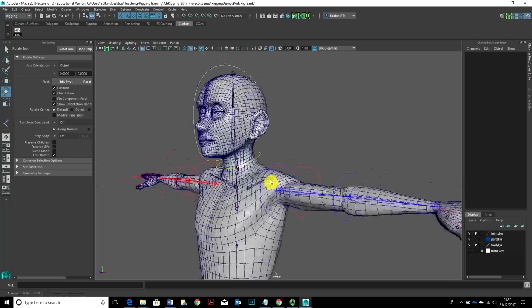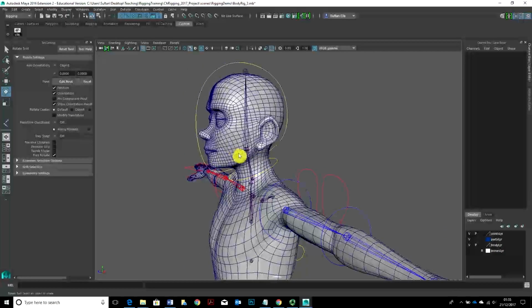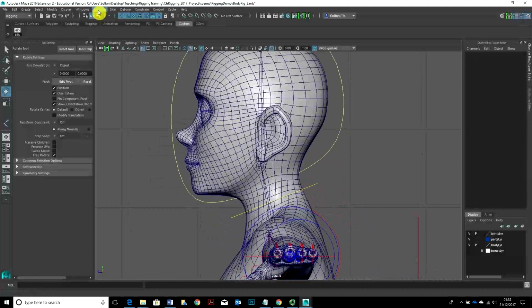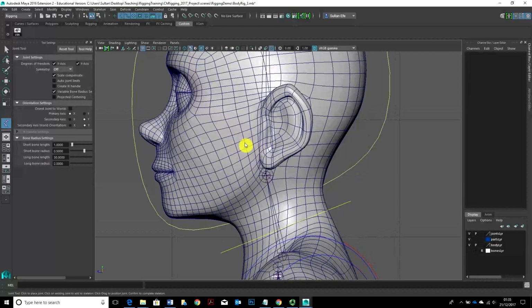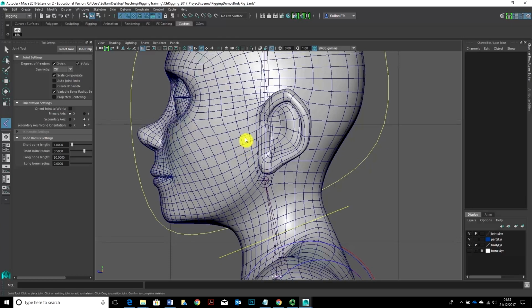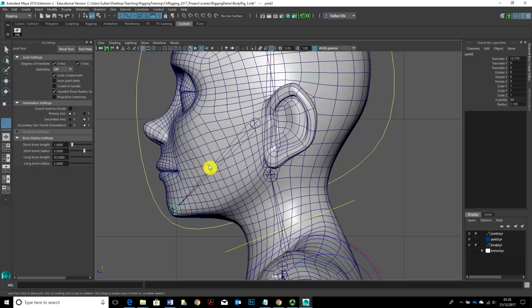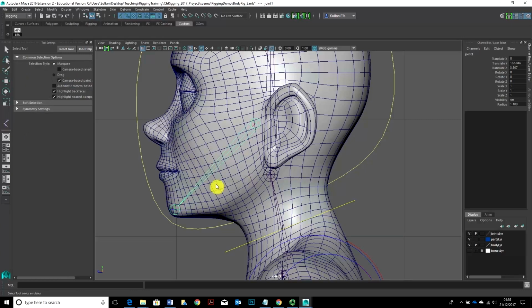So let's sort out the jaw and the eye controls. I'm going to create a set of jaw joints, and what you can do is draw somewhere around here, to the end at the chin, a single joint chain. That depends on your character. If you want more control, if you've got a defined jaw, and in terms of weighting, painting skin weights and the overall deformations, perhaps you could pick this method where